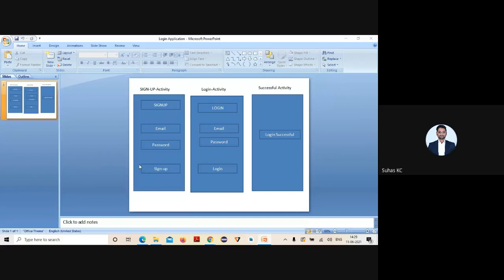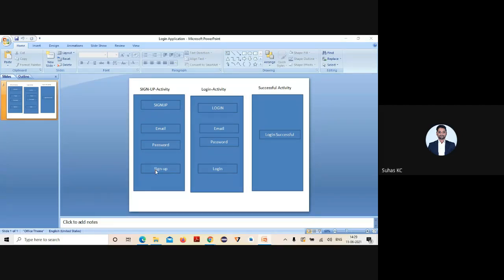And then you need to take one button. As soon as I click sign up, it has to take to which one? The next activity. So this is your sign up button. Here you need to specify some rules for your password, whatever you're entering. You need to specify what the rules are for entering your password. Hope you're clear. The rules I already said.